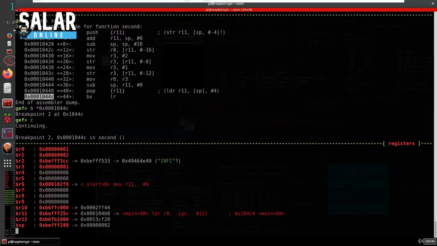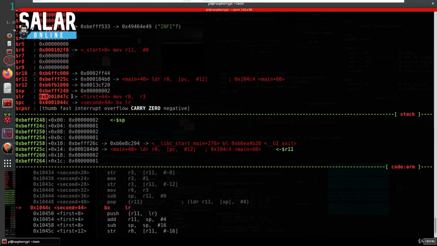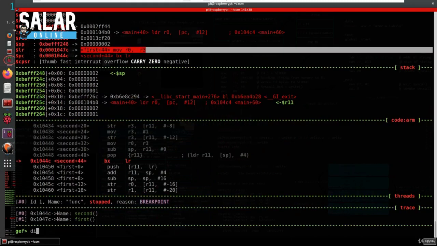and continue our execution using C. So if we look here, this is the last instruction in our function second, and it says branch to LR. LR contains the next instruction which was after the call to this second function. Okay, so this is the instruction, and if I do a disassembly on first,